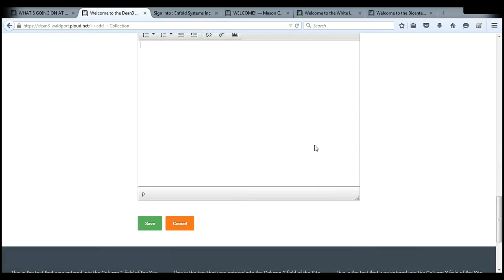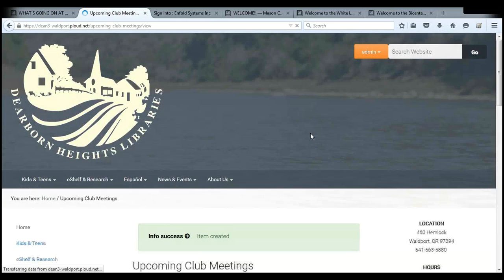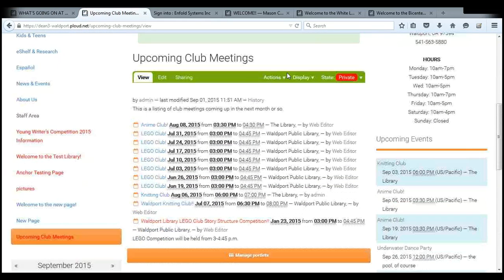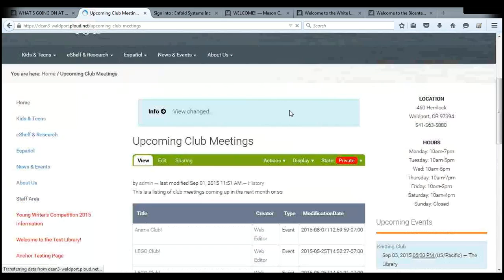And then you can add some text here and say this is a listing of club meetings coming up in the next month or so. And so if I save that, then it creates this collection, and what you get is just a straightforward list of all of those things that are happening when they're happening, and you can change the display if you'd like to. I'm going to change to tabular view so that it looks a little bit more like a schedule,